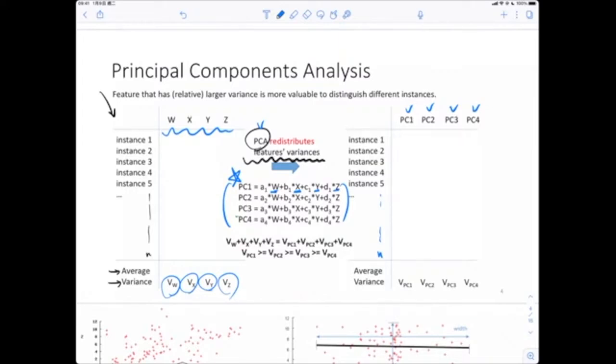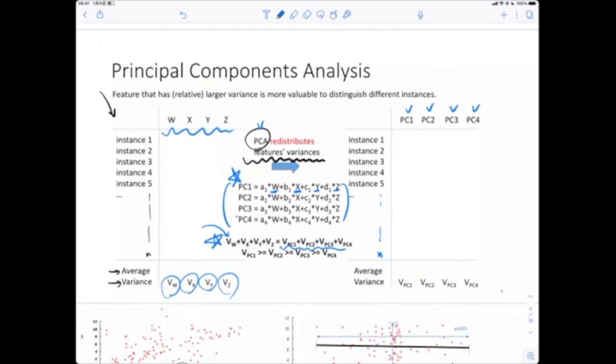Since the relationship between these data points is still the same, we have a very magic thing right here. That is very, very important. The variance of the data points in the original space, which is VW, VX, VY, and VZ, that is the summation of the variances of these n data points represented by the original axes W, X, Y, and Z, is still the same as, at the right hand side, all those n data points in the new space, described by PC1, PC2, PC3, and PC4.